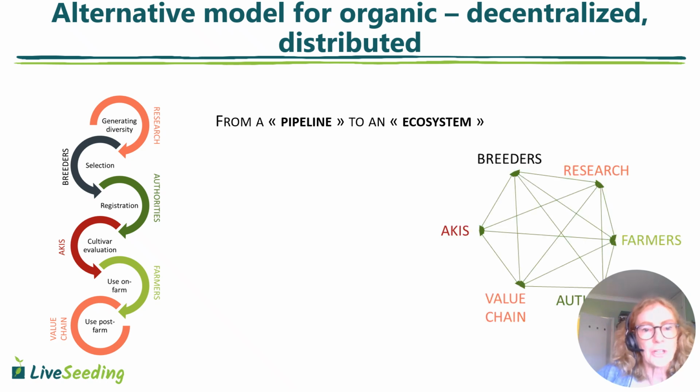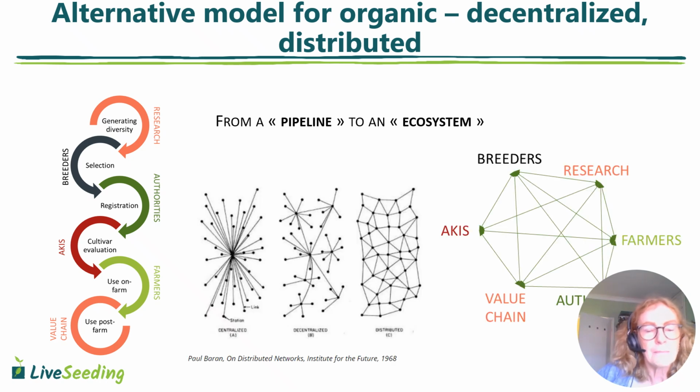And this is again showing you some illustrations of the alternative model for organic, decentralized, distributed trials, where you go from this pipeline on the left to more of an ecosystem approach, where you've got breeders, researchers, farmers, the value chain, the agricultural knowledge information system, etc., all interacting in a network, as in that large image on the right. And then just in the middle there, some different types of networks, just showing you a centralized network on